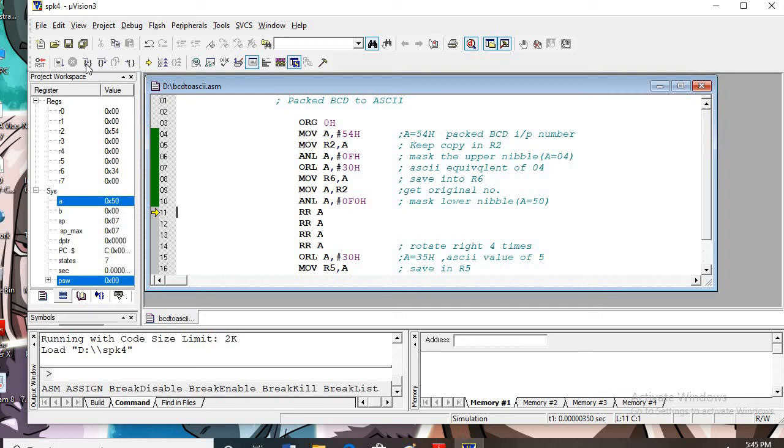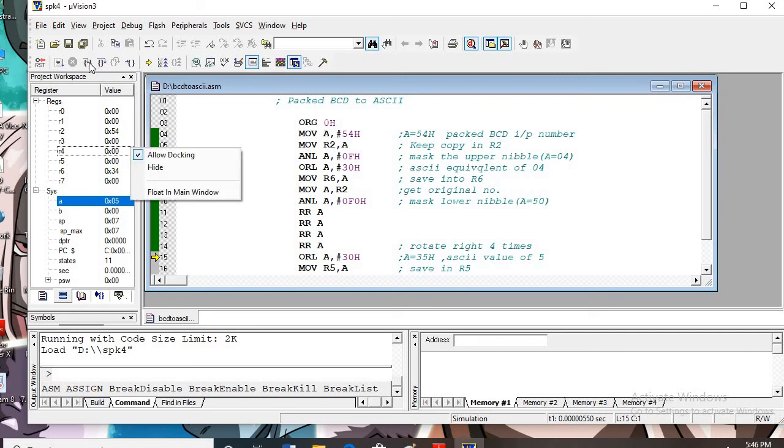For interchanging nibbles, either you can use the swap instruction or you can go for the rotate instruction, simple RR or RL without carry. Rotate the accumulator content bit by bit, because the nibbles we want to exchange, lower nibble to upper nibble. That is, 50 to 05 we want to make. For that purpose we have used the RR instruction 4 times. Now your accumulator contents will change; first time, second time. You observe here A contents one by one, blue mark, and fourth time. So it is 05. Bit by bit it is done.